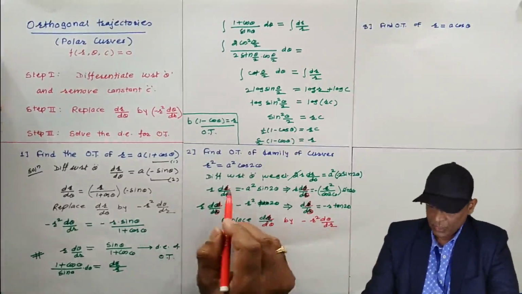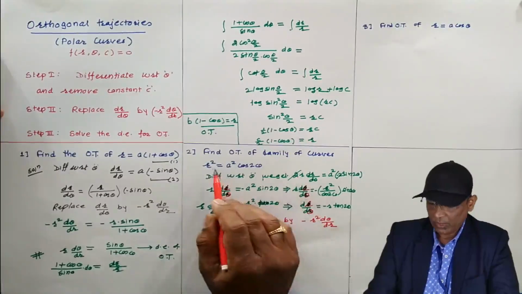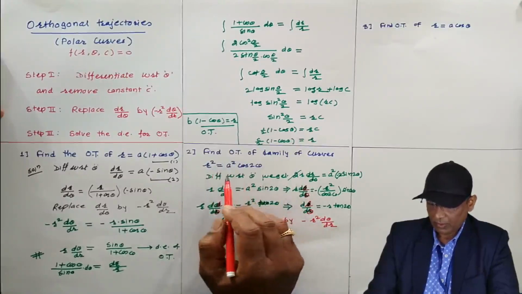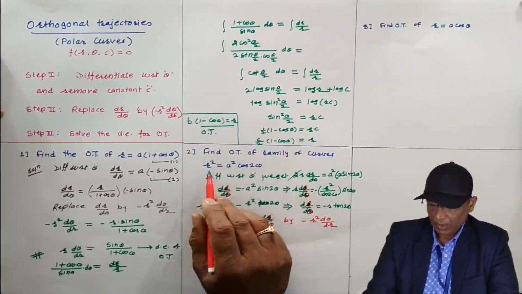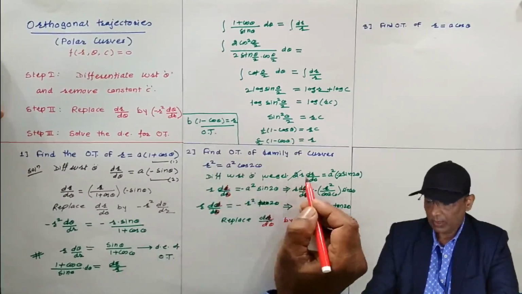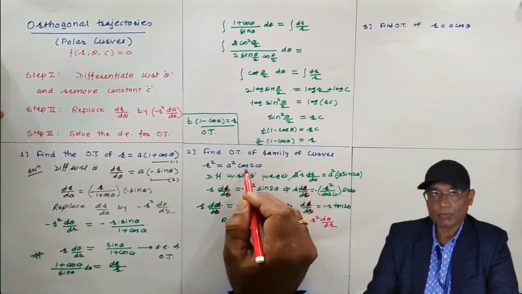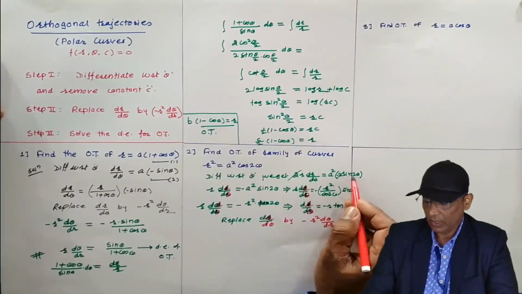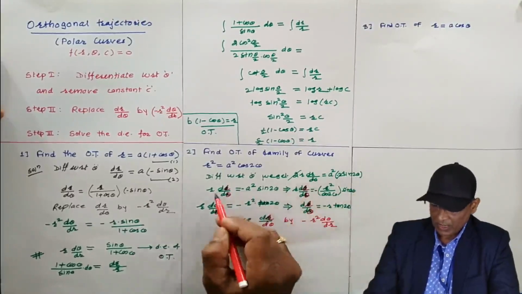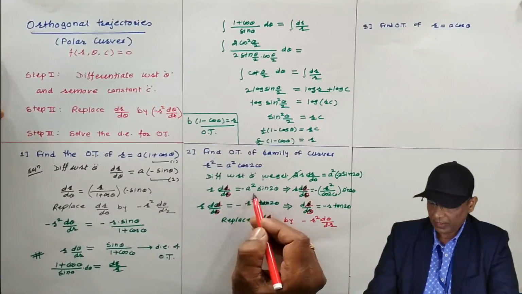Okay. In this problem, differentiate with respect to theta. The derivative of r square is 2r dr by d theta, equals a square, which is a multiplicative constant. The derivative of cos is minus sin 2 theta, and the derivative of 2 theta is minus 2. Then this is as it is, 2 gets cancelled. This is as it is again, the right hand side.